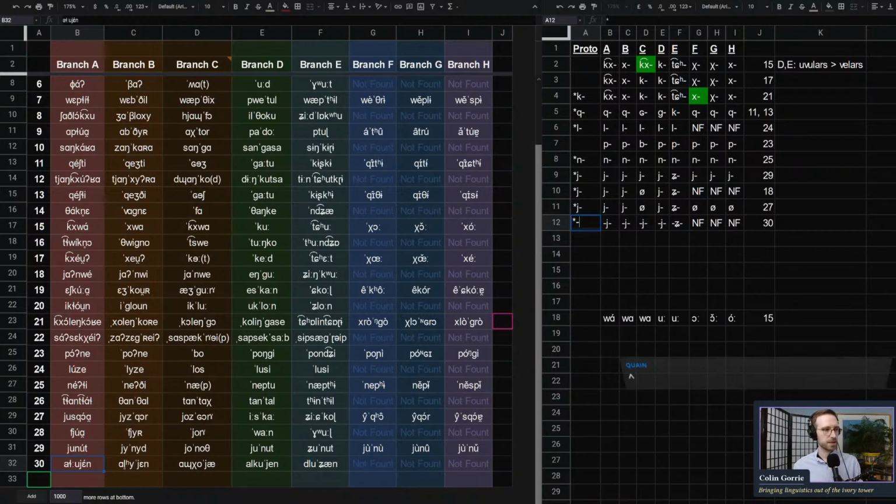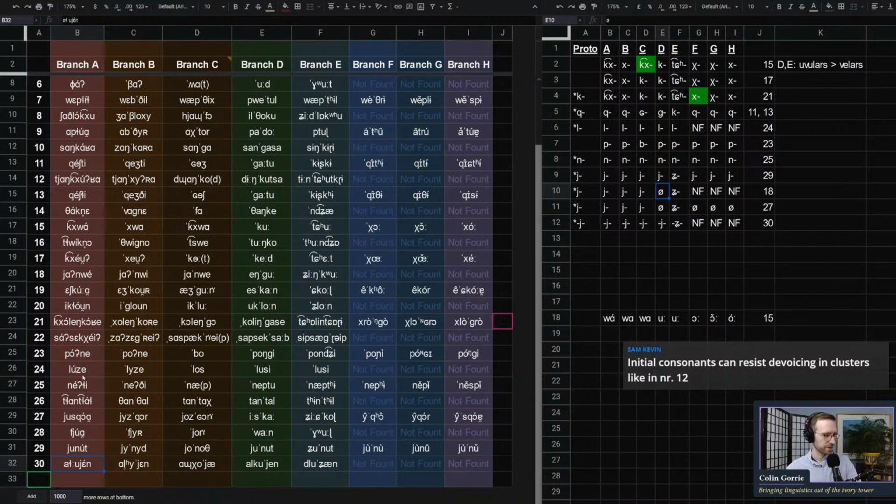So given that, I'm still fairly confident in this reconstruction. Should 27 be... Okay, let me make sure. So we have J, yeah. That's right. You're keeping me honest, chat. Thank you so much. Okay. So it looks like we have some sort of conditioned development, looks like before certain vowels in branch D of y. I don't think we're quite at the point where we can say yet.